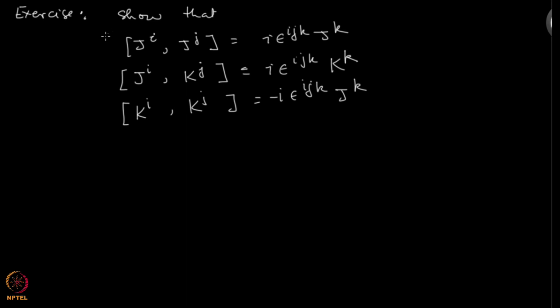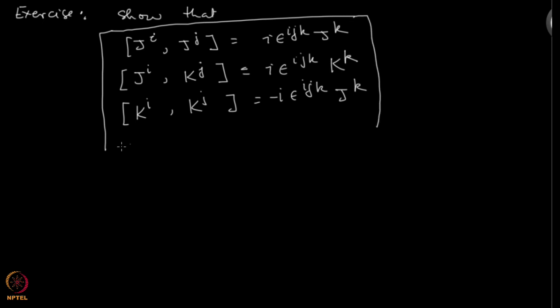Not sure whether I am going to do that in this course, but yeah, these are again the commutation relations. The same commutation relations which we have already written down before, but now in terms of these generators. And I am sure you are already familiar with this one. This one you have seen before in your quantum mechanics course. Okay, and these two are new for you, and we will talk more about these commutation relations in another video, but of course these are going to be again very important commutation relations.